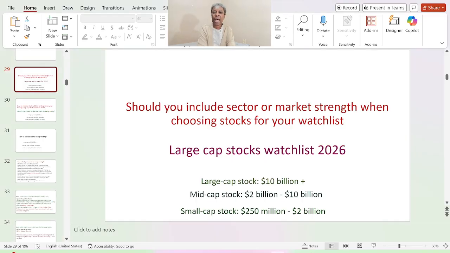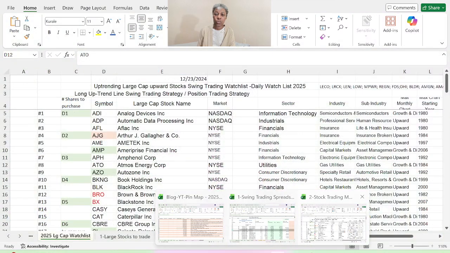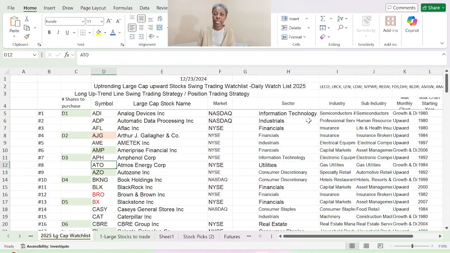Hello, should I include sector or market strength when choosing stocks for my watch list? I will say no. I don't really pay attention to that. But when I'm creating my watch list, I like to include the sector and the industry and sub-industry on